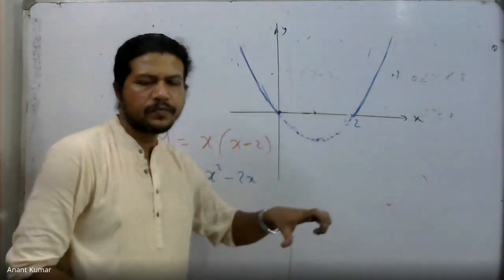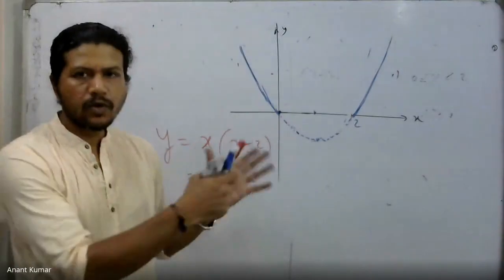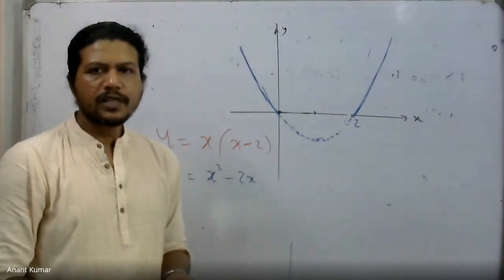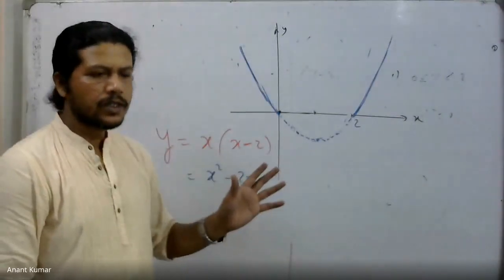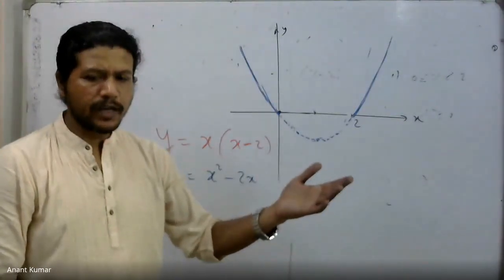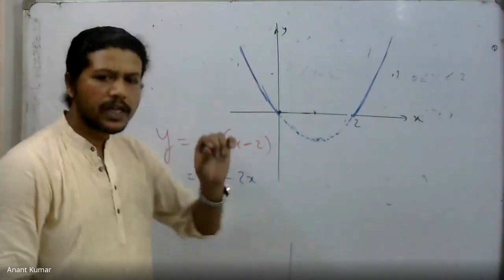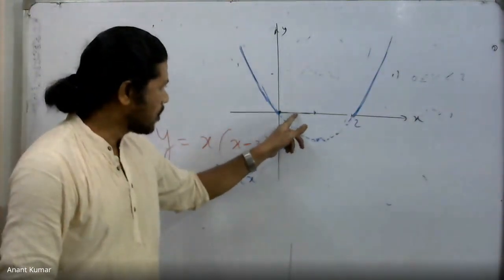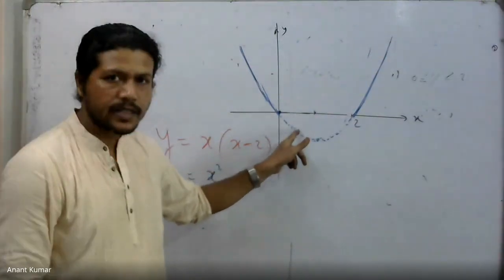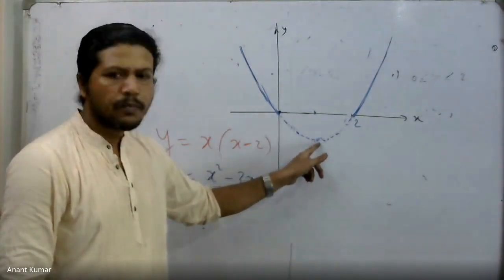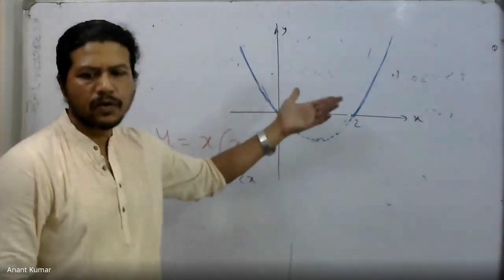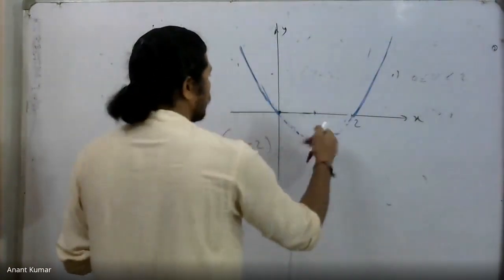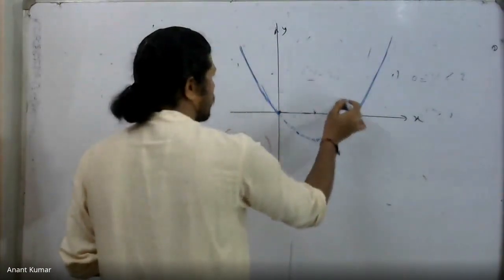For the middle one, going back to the definition, I wrote down those 3 equations. The middle part is simply the negative of this part, which implies I have to simply flip the y coordinates. If I have an earlier coordinate of, for example, 1 without the minus sign, like over here, then I put a minus sign, it becomes plus 1. So in that case, this part is simply going to be flipped over like this.